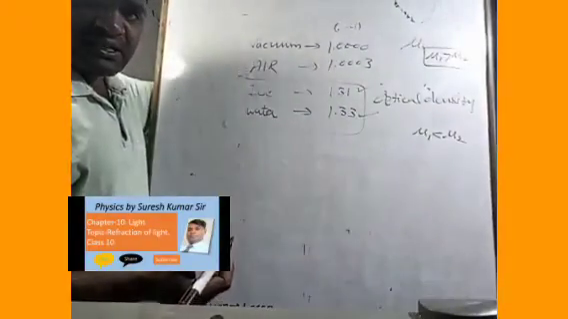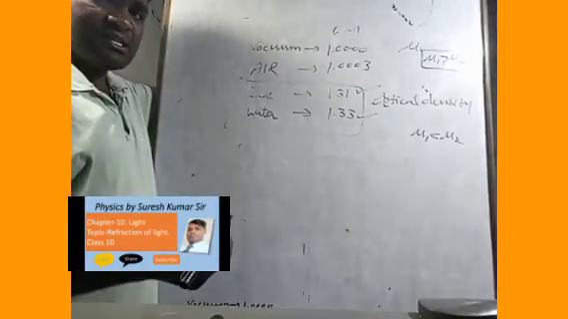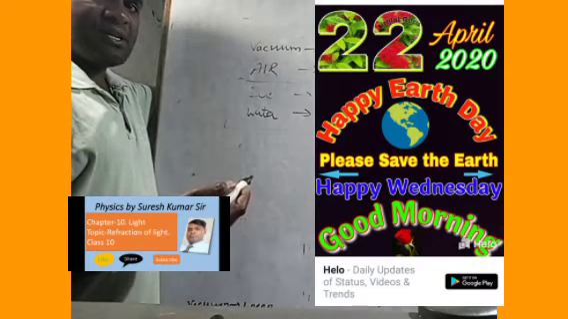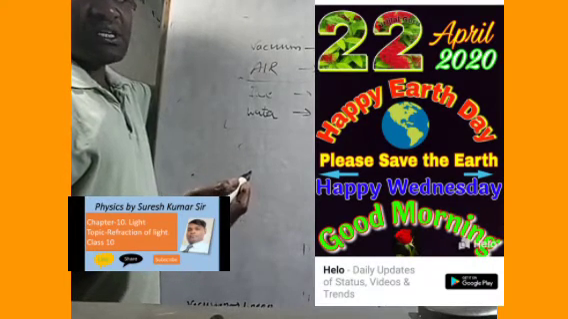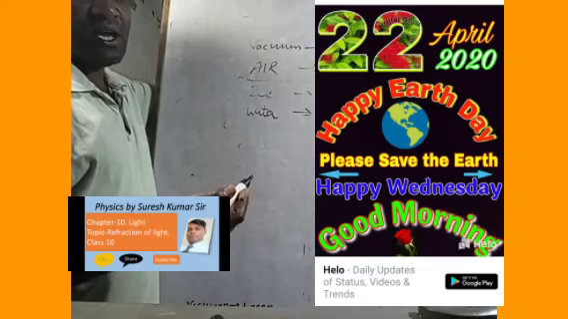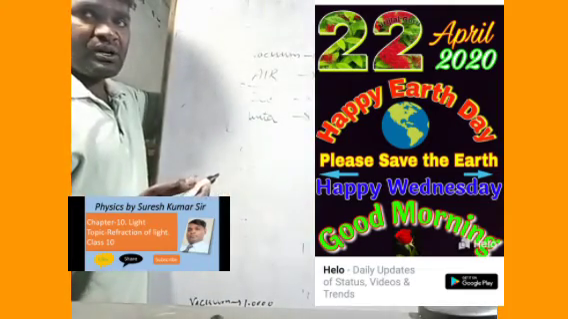For more comparison, to know more about the refractive indices of the different mediums, you need to visit page number 175 of your NCERT book. Maximum I have